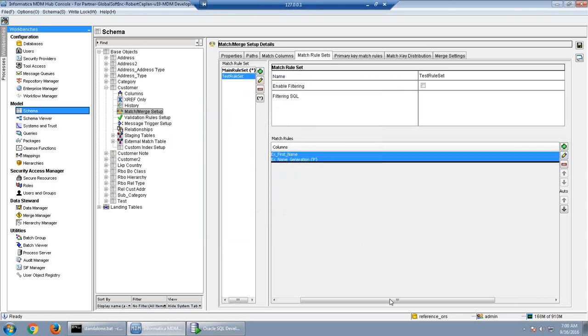Now we will use this test rule to run our match job, where I am using these two columns, first name and the name generation.